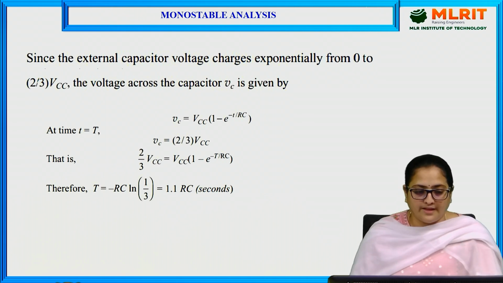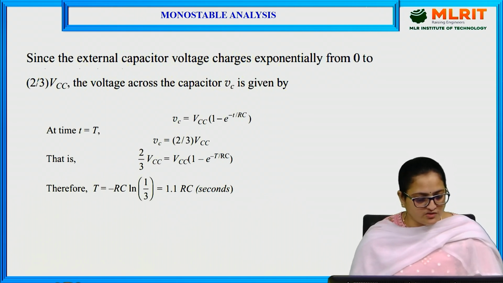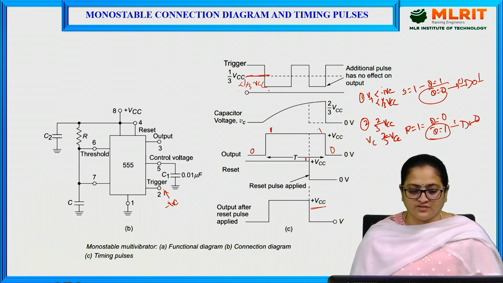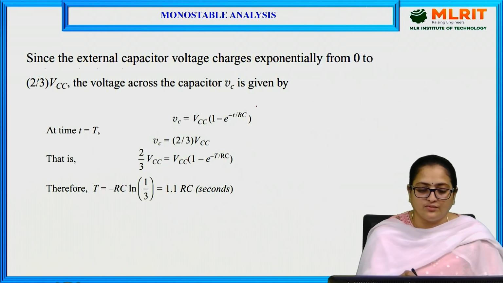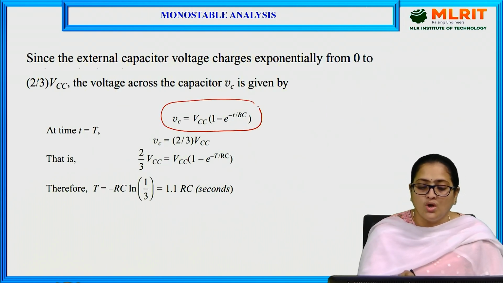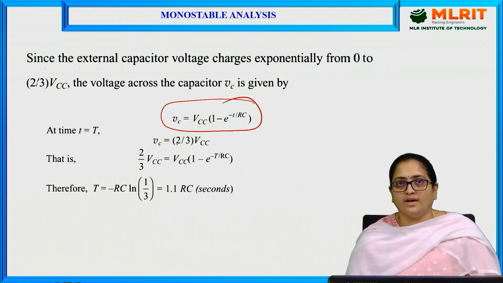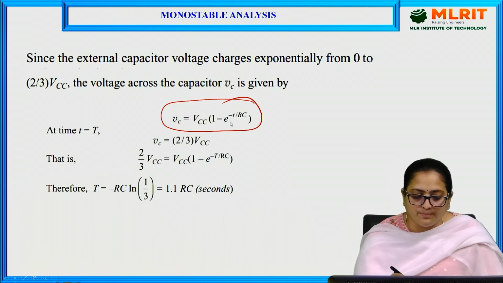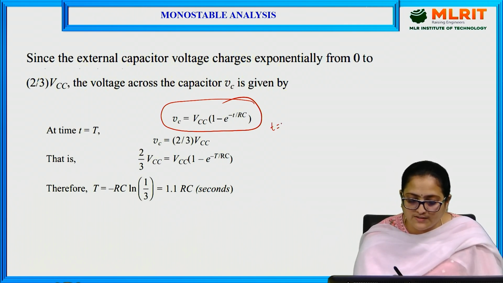The external capacitor voltage, this is the external capacitor, charges to VCC through a resistor R. The voltage across the capacitor can be determined with the equation VC = VCC(1 - e^(-t/RC)), where the voltage across the capacitor is initially, at time t = 0,